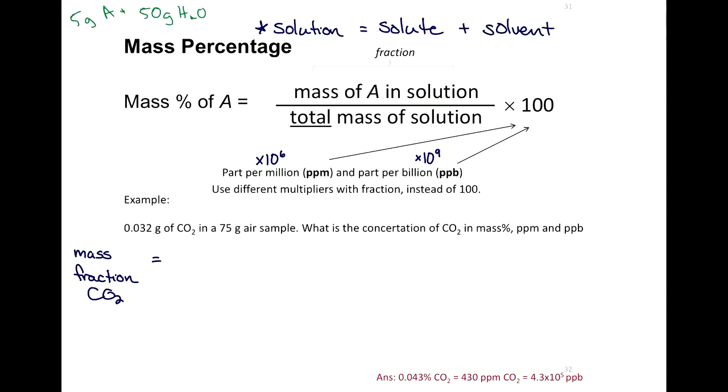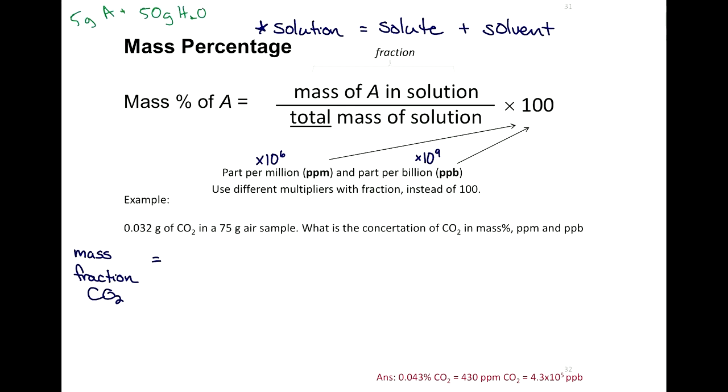And what's related to mass percentage is also some other terms you might have heard of, parts per million and parts per billion. We calculate them the same. It's just once we get that fraction, the fraction of A over the total mass of the solution, instead of multiplying by 100 to get mass percentage, we multiply by 10 to the 6 to get parts per million, or by 10 to the 9 to get parts per billion. So I like to group all of these concentrations together because you calculate them all the same. You start with the fraction, but then you multiply by the appropriate multiplier to get either